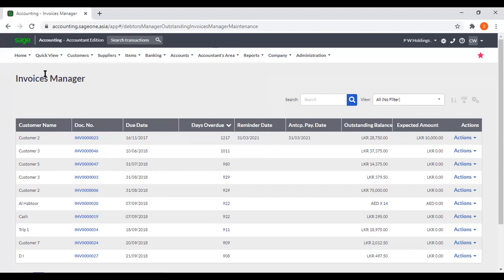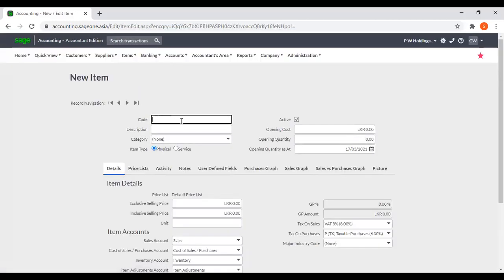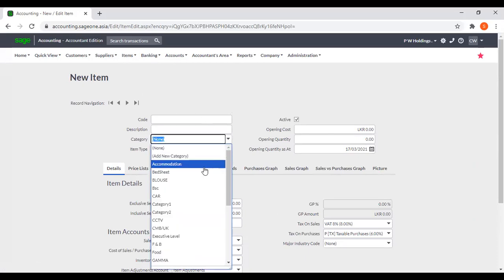Okay, now we have completed the supplier module and customer module. Next, we will move to items. I'll quickly go through add an item. Go to items and click add an item. You can enter item code and description. If you have an item category, you can add